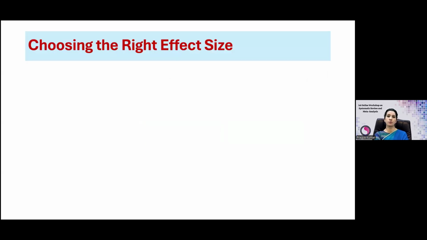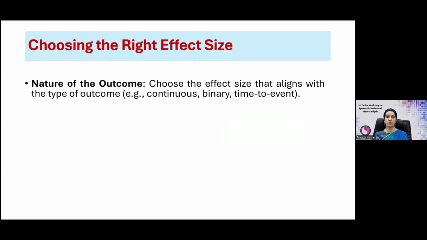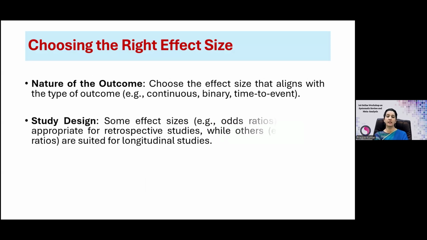So how to choose which is the right effect size or which should be the measure of your meta-analysis? First you have to see what is the outcome in your case, the primary outcome. The entire meta-analysis gets driven by the primary outcome. So which aligns with your outcome, whether it is continuous or binary or time to event, and the study design, of course, because for some study designs like, let's say, analytical cross-sectional or case-control, odds ratio is more appropriate as compared to the longitudinal or prospective studies,